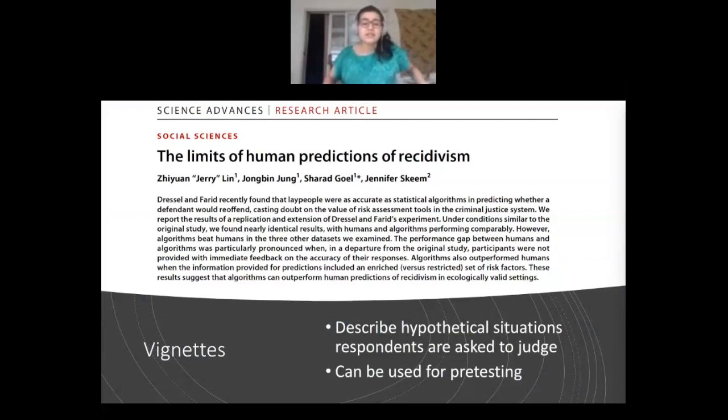So this is something that's not in your book, but is becoming really important, especially as we're in this sort of risk assessment and trying to understand discretion and behavior of judges and prosecutors and public defenders. So people will get vignettes and they describe a hypothetical situation. And in this specific example that I have up here,